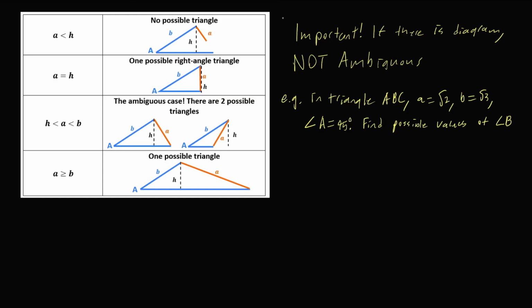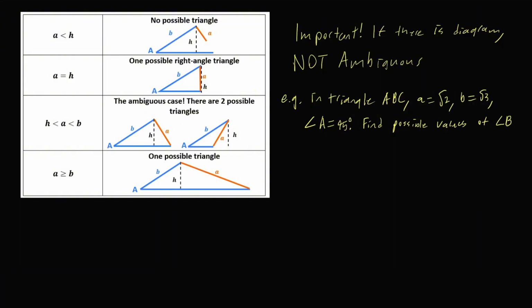Okay, let's talk about the ambiguous case. The ambiguous case is when we use the sine law and there are two possible triangles. As you can see here, there's a simple diagram to illustrate what's happening. So we have two sides, A and B, and if A is equal to H, we only have one right angle triangle. When A is greater than H,